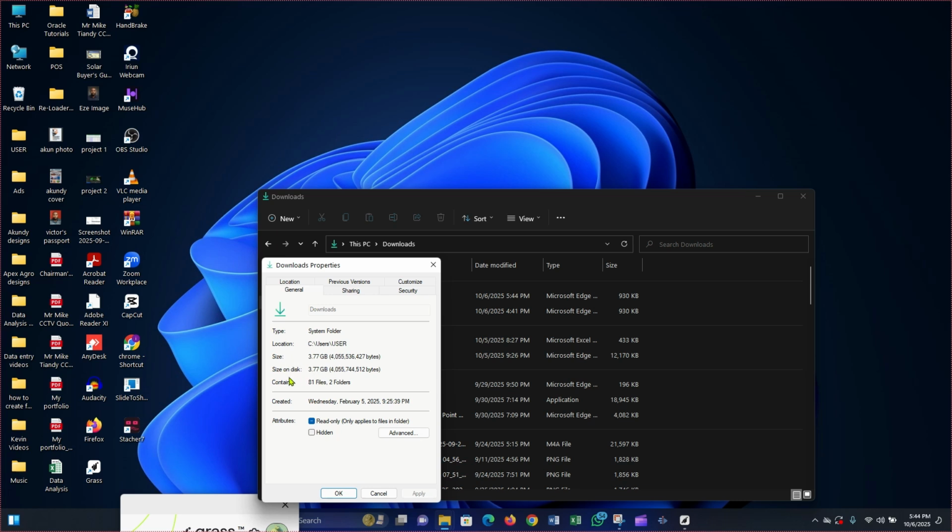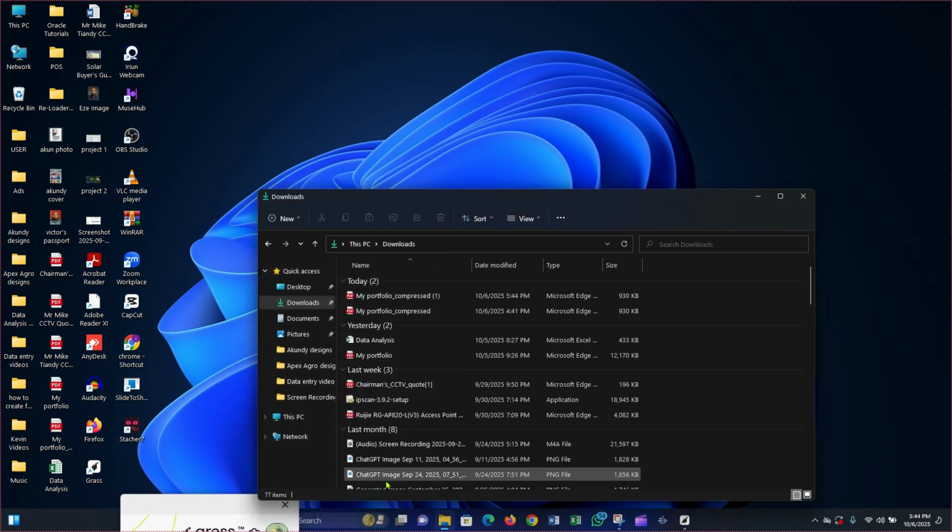Here you see that the PDF of 11.8 megabytes has been compressed to 3.7 megabytes. The quality does not change, it remains the same quality. So this is how you can compress your PDF